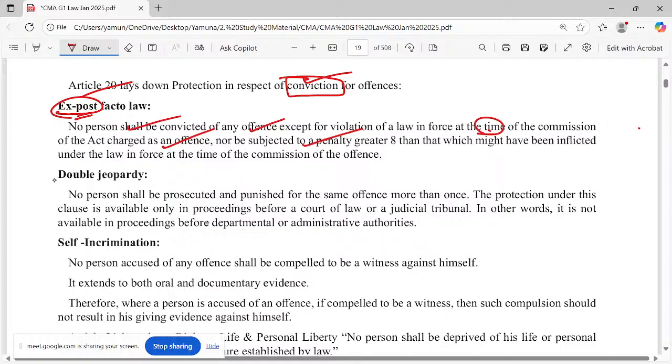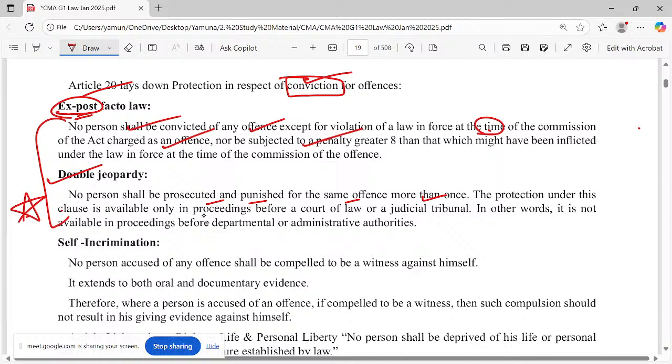Okay. Double jeopardy: ஒரு அஃபென்ஸுக்கு ரெண்டு கேஸ் போடுவாங்க. ஆக்சுவலா ரெண்டு டிஃபரெண்ட் செக்ஷன்ல கேஸ் போடுவாங்க, ரெண்டு பனிஷ்மெண்ட் கொடுக்கக்கூடாது. ஓகே, so no person shall be prosecuted and punished for the same offense. This you can please make a note of. Even though you're not preparing the whole topic, just make a note of this. No person shall be prosecuted or punished for the same offense more than once.